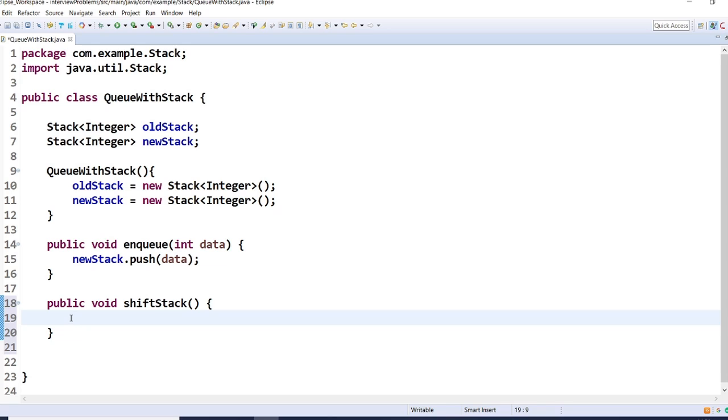We already know that stack follows last in first out approach, and queue follows the first in first out approach. So how are we changing the stack into a queue? We will do it in this method. Okay, so the first condition is we need to check